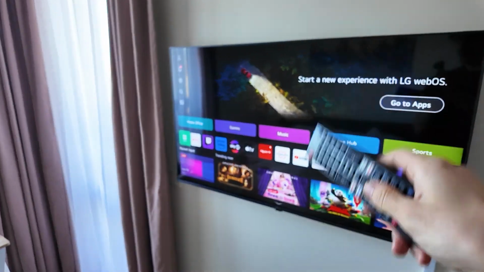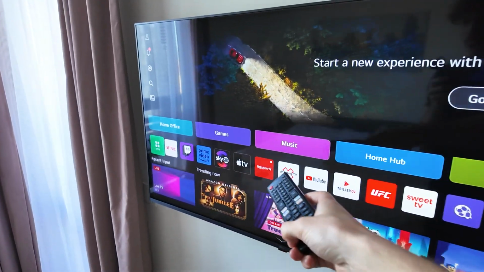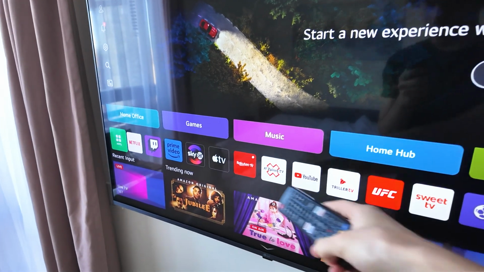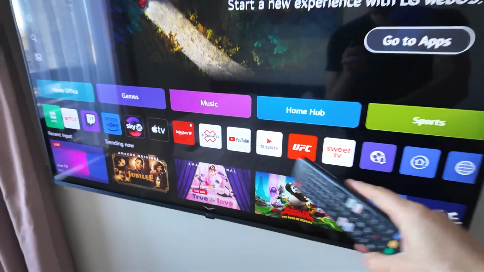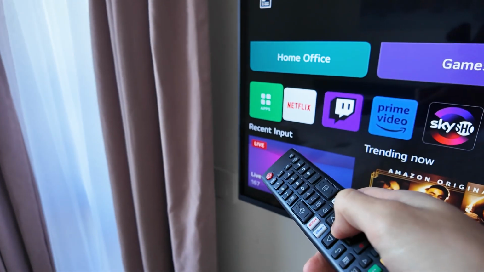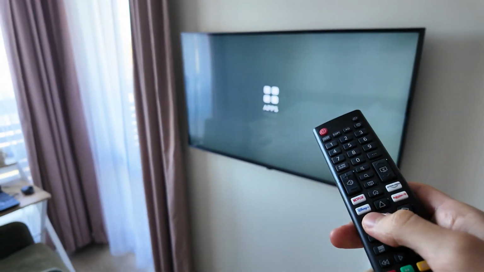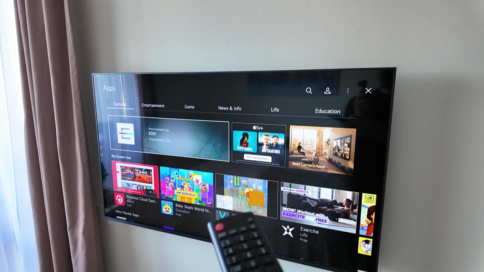And now if it was already pre-installed on your LG TV, you will find the UFC icon on this application line. So you need to just locate it and open it. But if it's not installed on your LG TV, you need to go to this application icon. You click on that. You wait for it to launch, and once it is done, we go to this upper